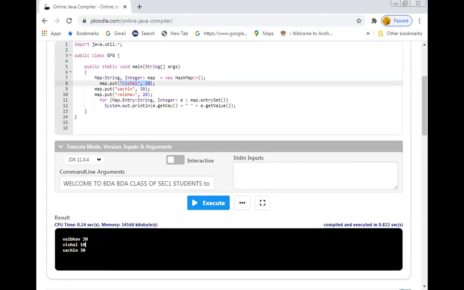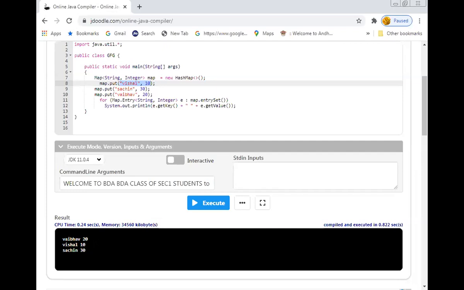As I told you, if your requirement is only assigning or associating a key to the value, we will go with the hash map. From a performance point of view, it is better than the remaining ones, because the remaining two implementations have some additional responsibility of keeping the elements in sorted order.